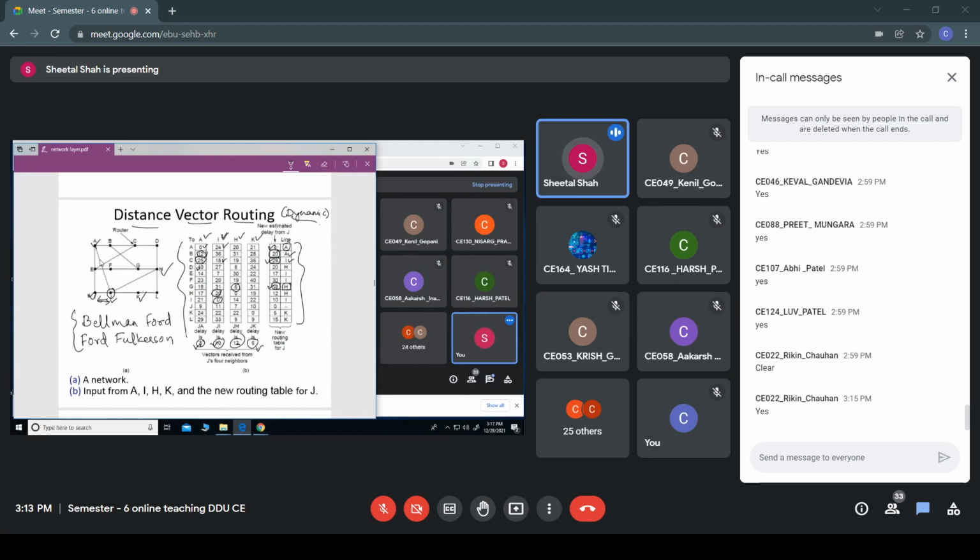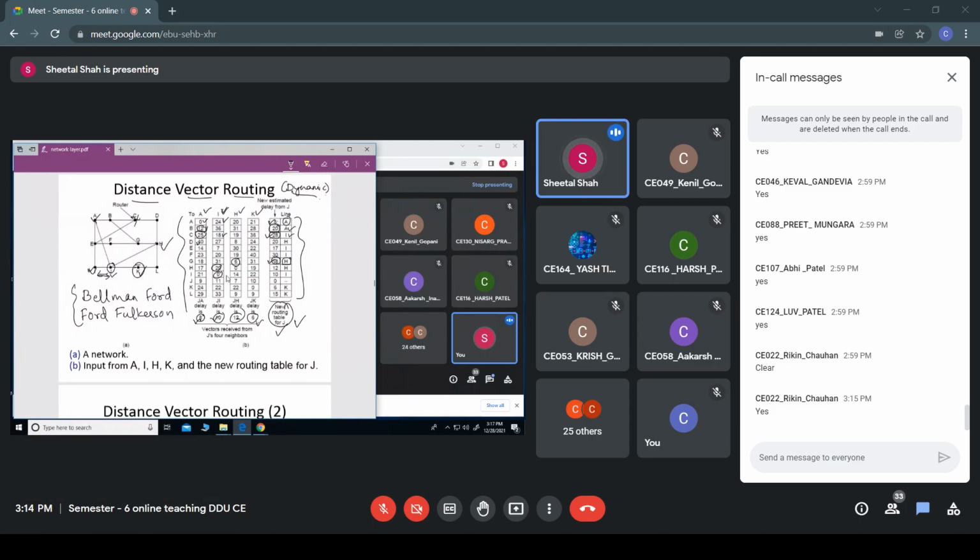Fine. So periodically such a new routing table would be generated by each of these routers, and this table would be exchanged by router J to its neighbors also when their turn comes. Similarly, this would be done by each of these routers. So they will exchange their information, and accordingly they will construct this table. Hope everyone is clear. Since it is dynamic, you can see that periodically this would be done. Suppose one of the routers goes down, then accordingly the table would be changed. Follow? This is about the distance vector routing.